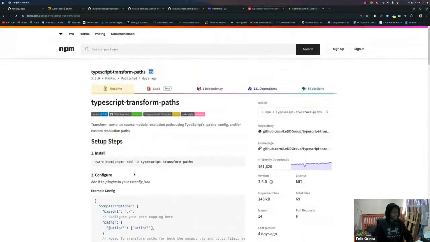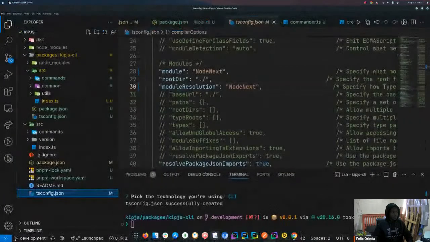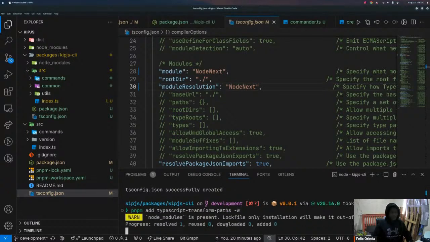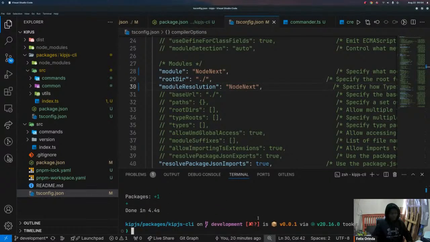So what I need this to do is to first we install this. I'll install it globally in the workspace. So we use the W flag to add it to the workspace. So once that's added,